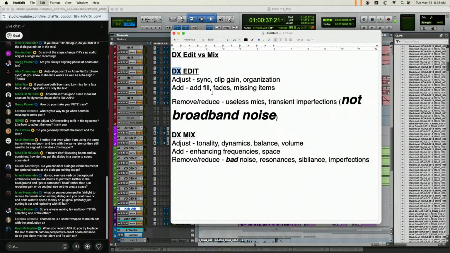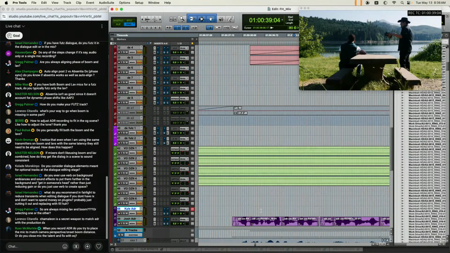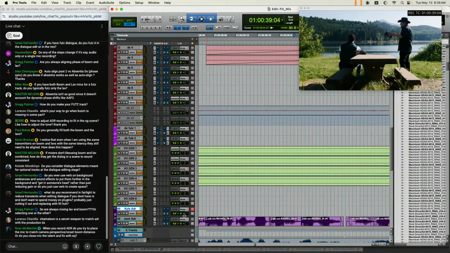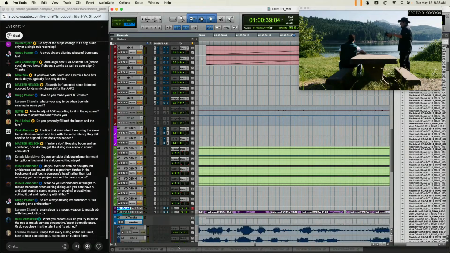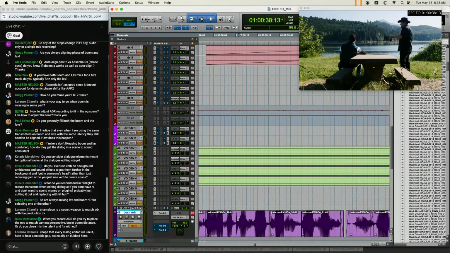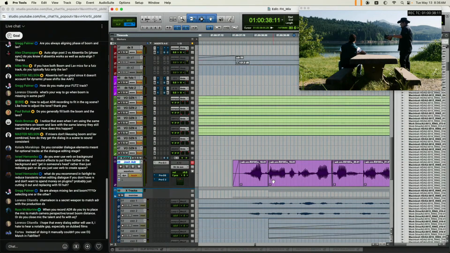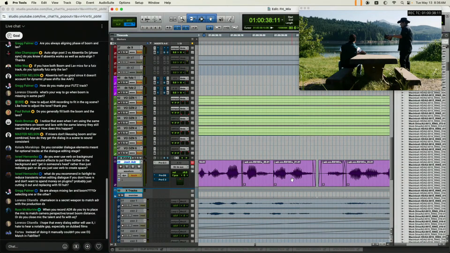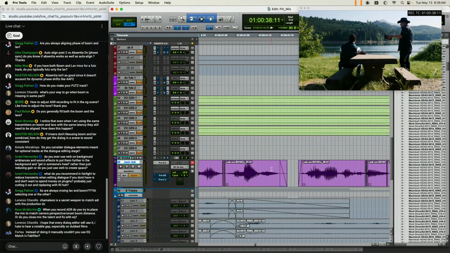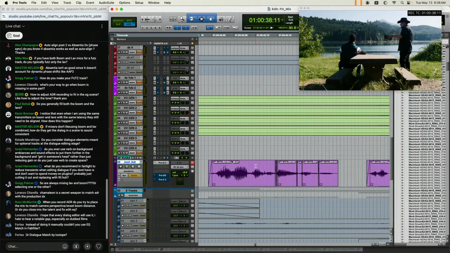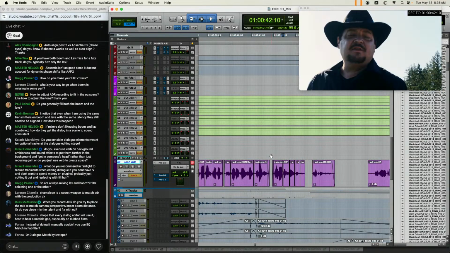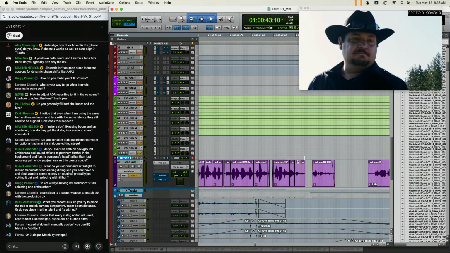You have to go in and you have to, and I'm not going to say a bad word, but I'm going to use the letter of the word. You have to frame F the ADR. See, I've chopped it up into little chunks, and I've stretched, and I've moved, and I've shifted and nudged, and frame F'd this to sync up with his lips. So you have to do that first. Only after it's synced up can you start to EQ match it. So good question, kind of a long-winded answer for that.